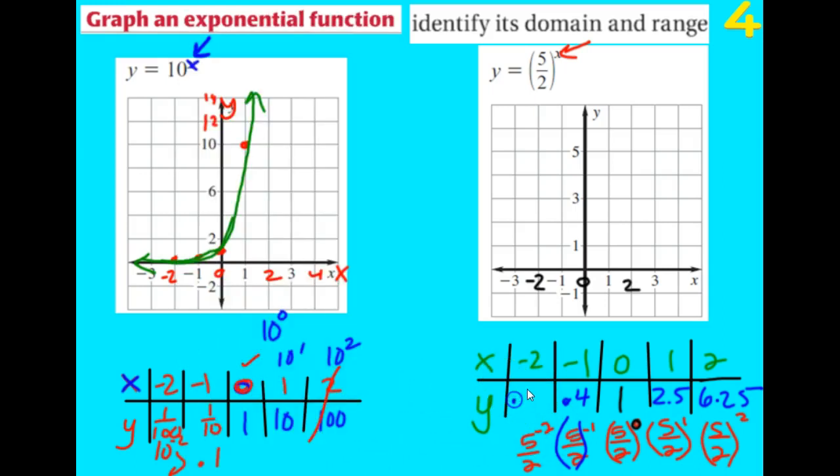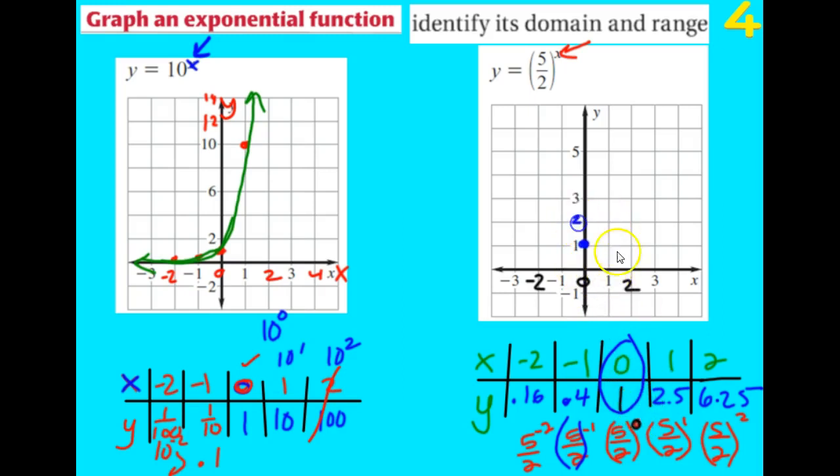gives us 0.16. As you can see, going to the left here, we're getting closer and closer to 0, but we're never going to get to 0 and we're never going to get to negative. So if we plot these points at 0, we're up 1. Remember, this is really what A is. This is A where we're beginning our graph, and then to the right and to the left are our pattern, multiplied by whatever. So at 1, we're up